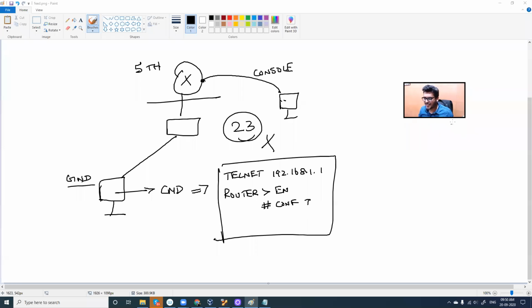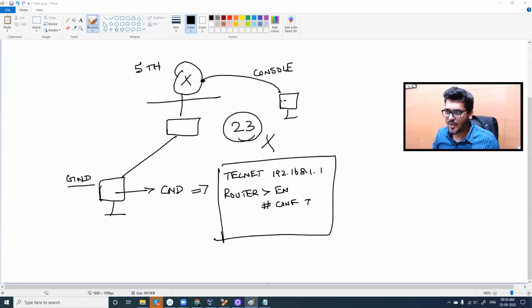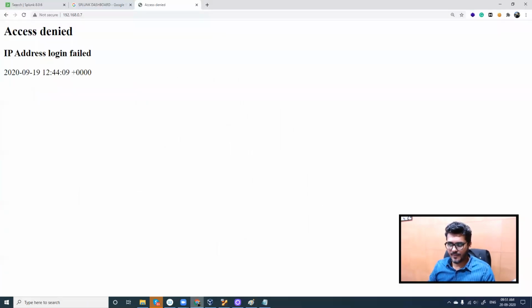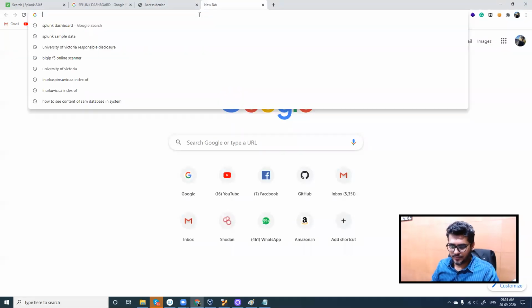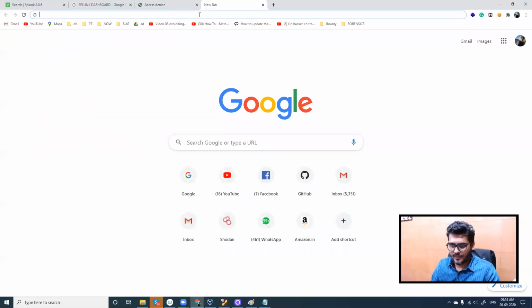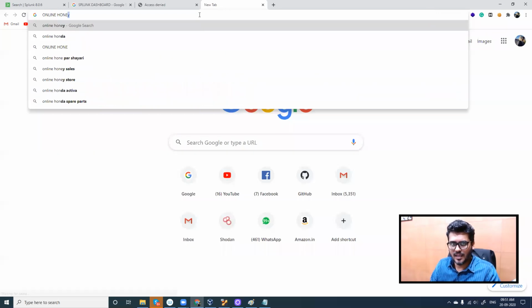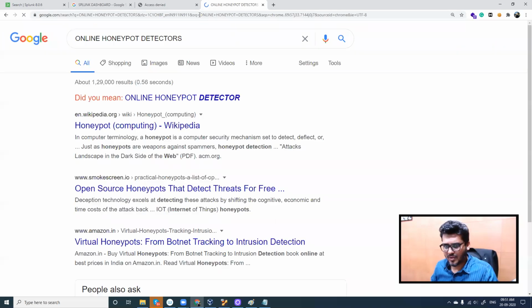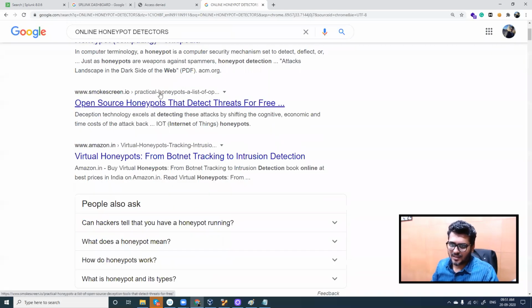Okay, how to detect someone is using a honeypot? You can use search engines, or you can go for online honeypot detectors or online scanners.